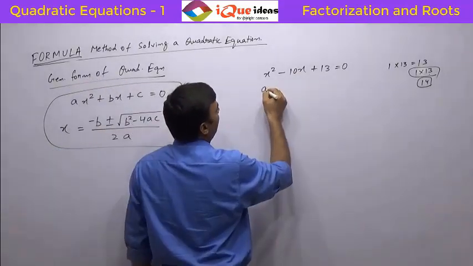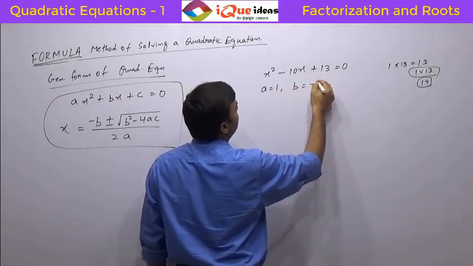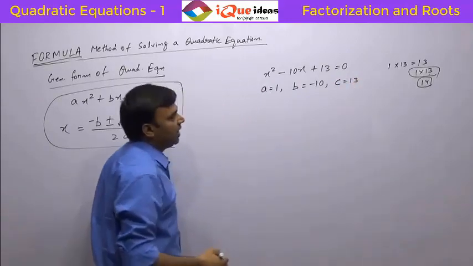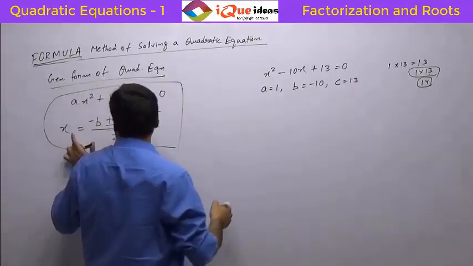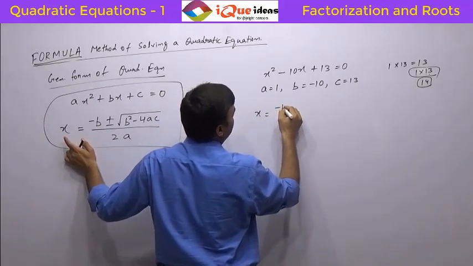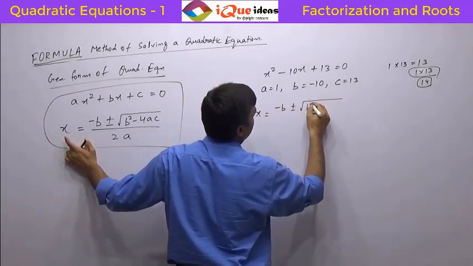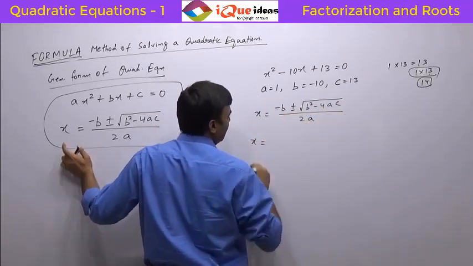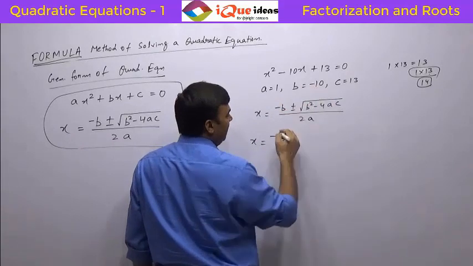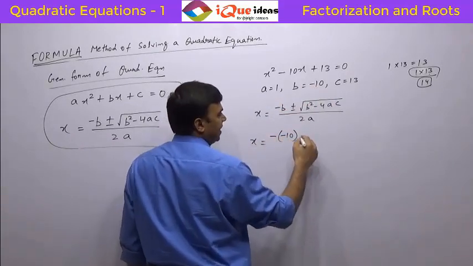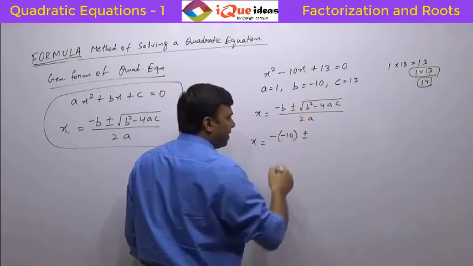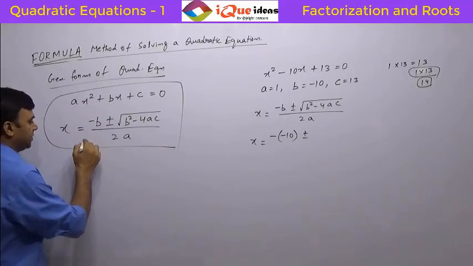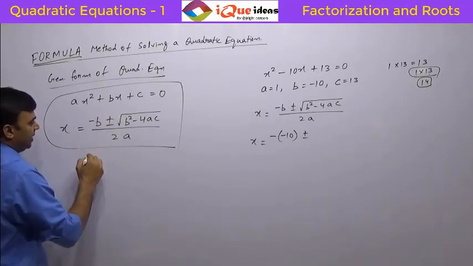Here, the value of a is 1, the value of b is minus 10, so be really careful about the sign, and the value of c is 13. So what should we do now? We should apply this formula, which says x is equal to minus b plus minus root of b square minus 4ac, divided by 2a. Just put the values carefully. Now minus b itself is minus of minus 10, plus minus. Why plus minus? Because if there is an equation with degree 2, it will always have two solutions, so this plus minus signifies that there are